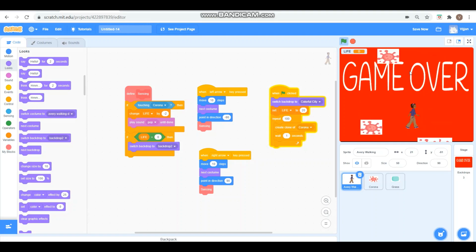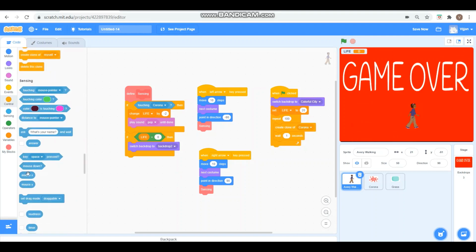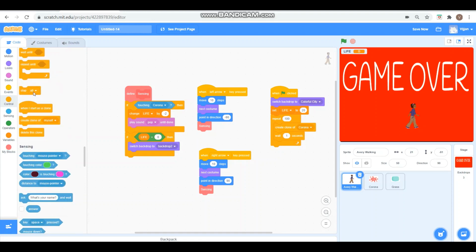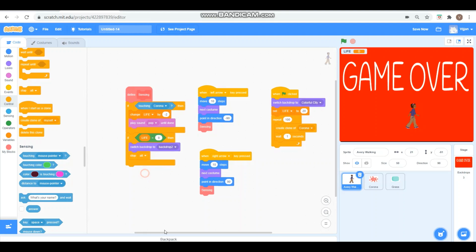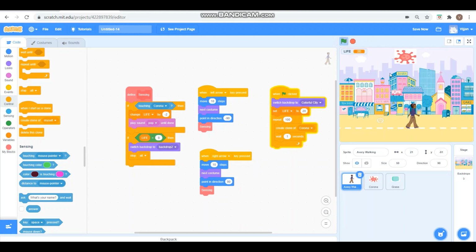The Corona sprite is falling down and the man is also visible. So if life equal to 0, we should stop everything. Now let's test it.